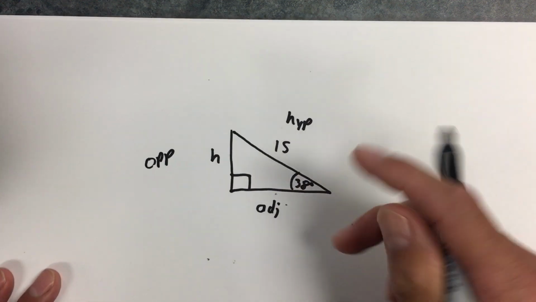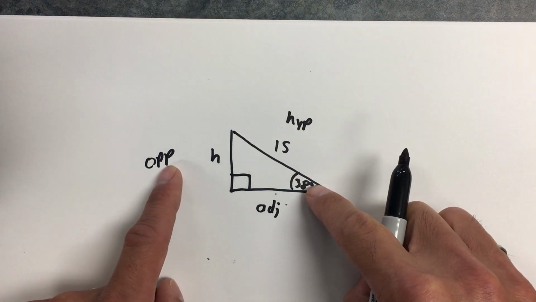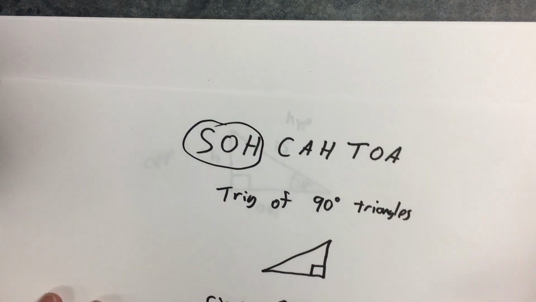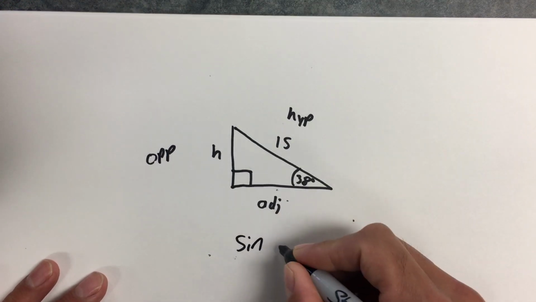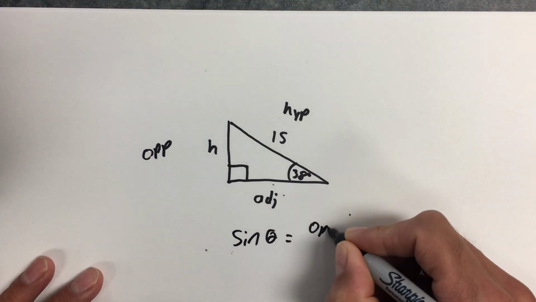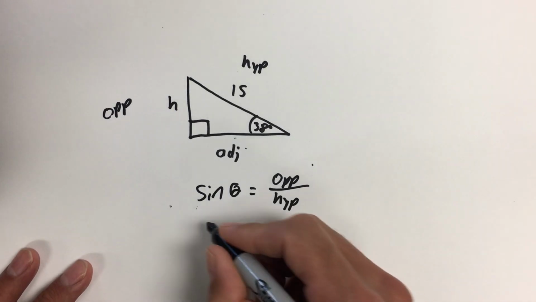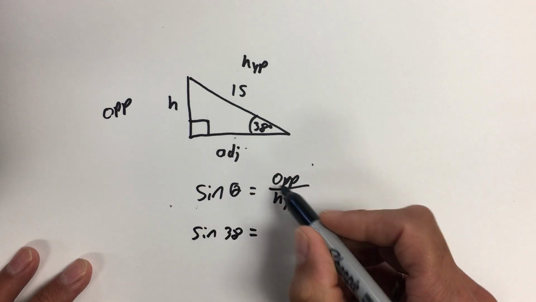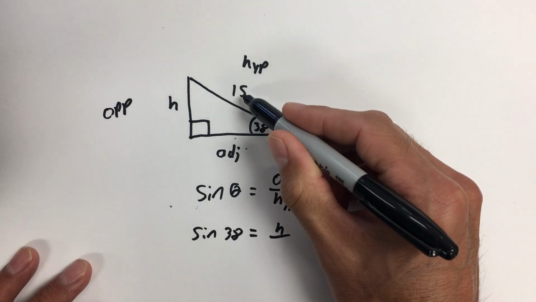So to solve this one, looking at that angle, I have the hypotenuse and I'm looking for the opposite. Hypotenuse and opposite are in the first one right here, so I'm going to use the sine. That means the sine of the angle in question is the opposite length over the hypotenuse. In this case, the sine of 38 is equal to opposite, which is labeled H, over hypotenuse, and the hypotenuse